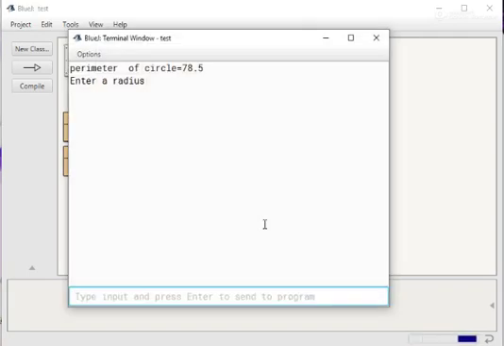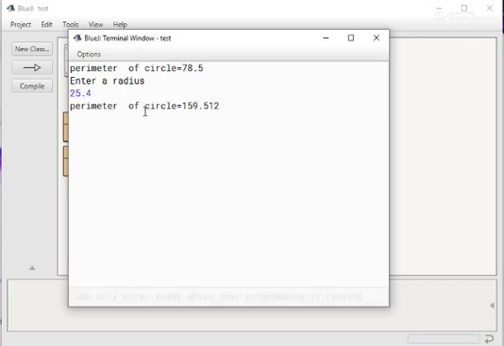Okay. During runtime, there is a message "Enter a radius". Now we can type any radius. Suppose 25.4, enter. Now the value is calculated according to 25.4.